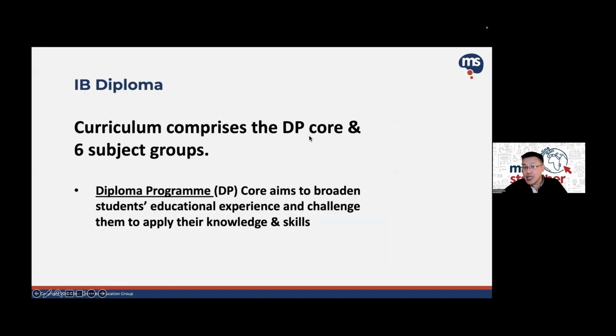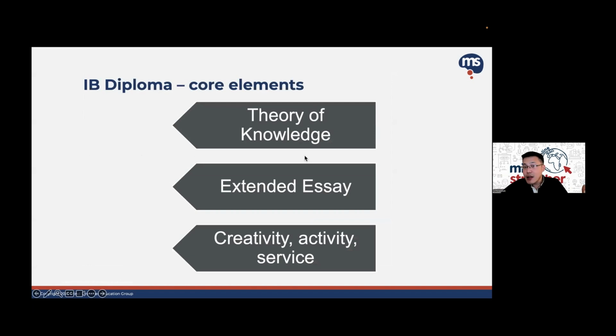So how they differ actually is, if I just give you a sense of the IB diploma, you can think of the IB diploma itself as a program. You can think of it as there's a core, right? And the core itself covers a few things. And on top of the core, there are these 6 subject groups by which the students can choose subjects from. And what are the core, right? So the core actually is made out of 3 key parts if you look at IB.